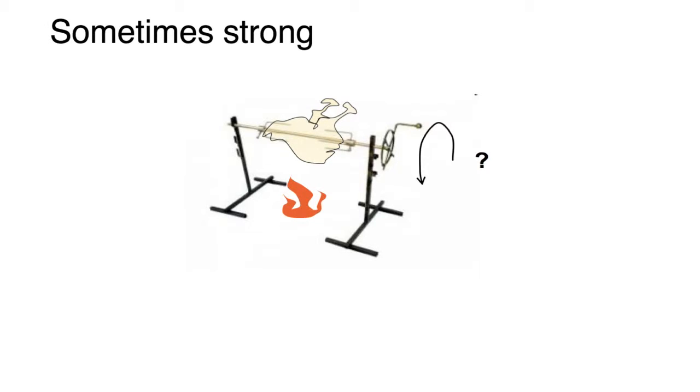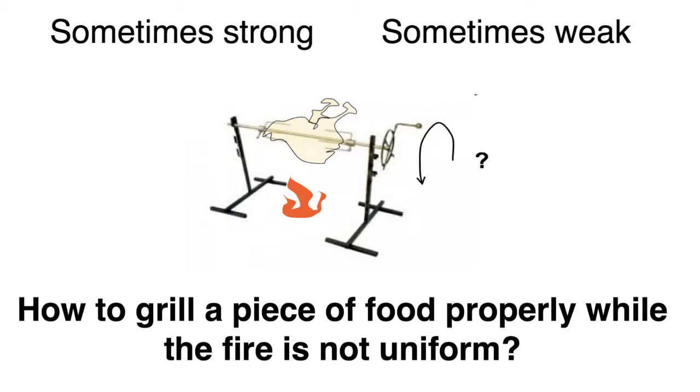You can eat it. The problem was that sometimes you have a strong fire, a really big one, so a lot of heat is generated, and sometimes it is very weak. So obviously you have to watch the intensity of the fire and change the rotational rate. If the fire is strong, then you have to rotate fast, otherwise you can burn your food. And if it is weak, you can slow down a little bit. Well, the standard solution, it was not a problem at all, was to hire a special boy. The special boy was paid a little, just to watch the process and to control. It was a perfect tracking system as far as automatic control is concerned.